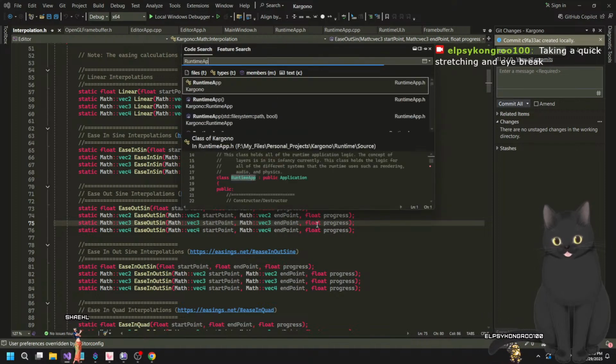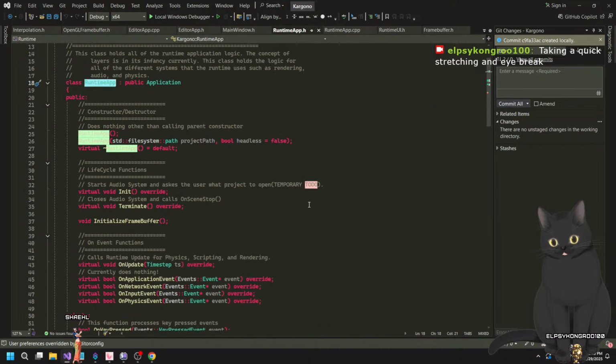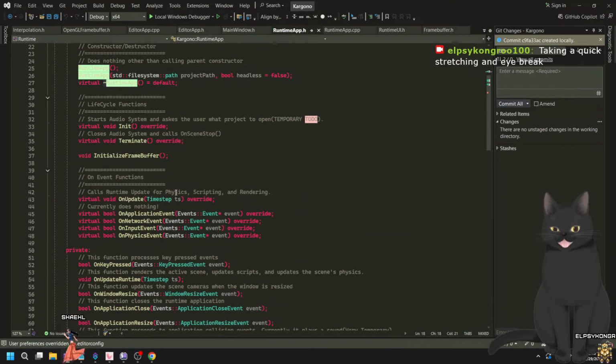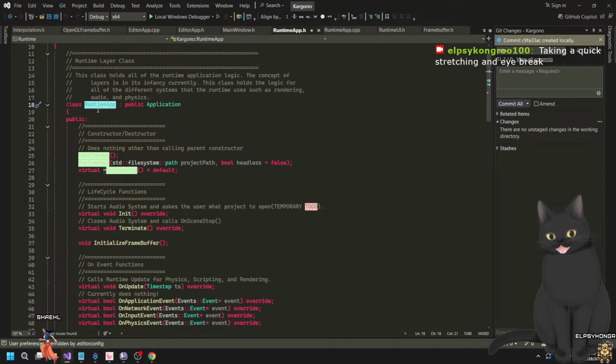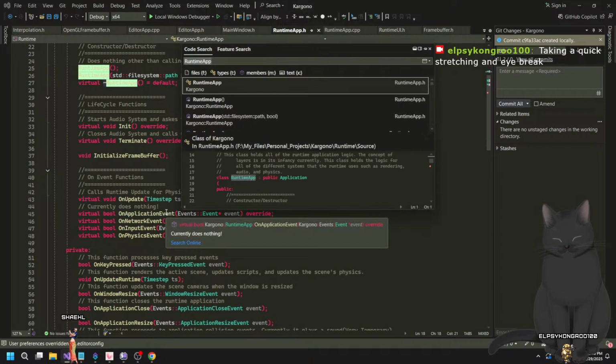Runtime app. So again, the way the current runtime app renders and the way the editor app renders is different because they use different frame buffer situations, right? So the editor app, right? If I go to the editor app,